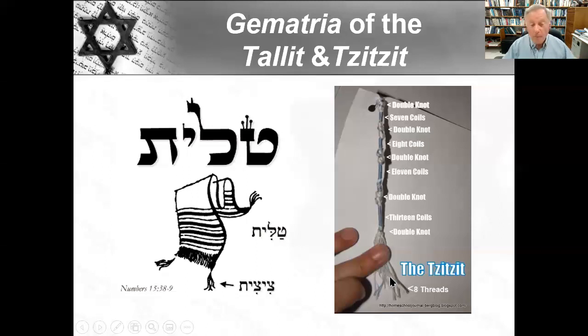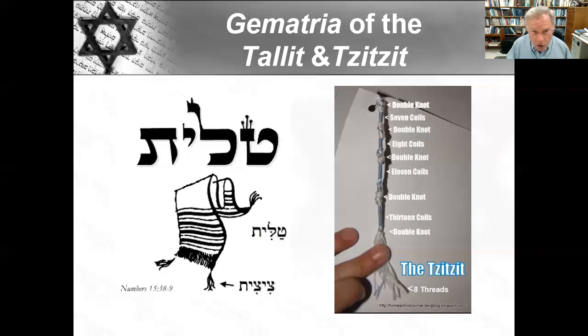The tallit is a prayer shawl. The reason we wear a prayer shawl is that you can look at what you're wearing right now. Most of us aren't wearing garments at the moment with 4 corners. If you're a Jew, particularly Kabbalistically inclined, but I would say even the normal average Jew, your life revolves around wanting to be able to fulfill commandments. So we have this commandment which says if I wear a garment with 4 corners, put on tzitzit. Well, I'm not wearing 4 corners right now. Maybe in Roman times with togas, I would be. So I will put on a prayer shawl that has 4 corners so I can fulfill the mitzvah of tzitzit.